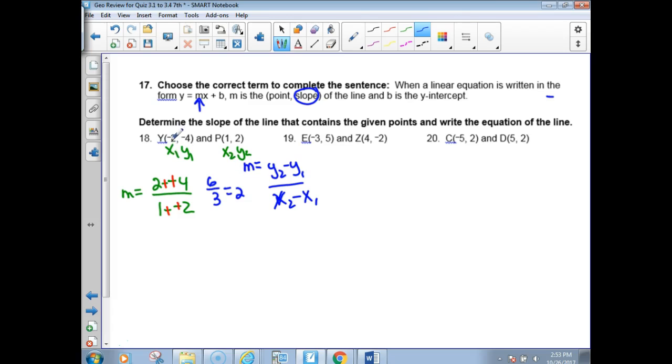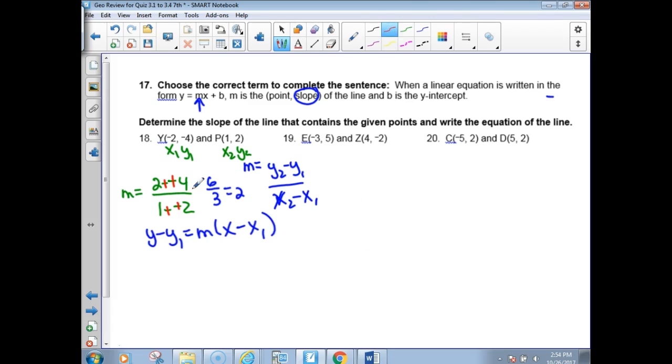You don't have to use this one. You could use that. You see what I'm saying? You just need one point, and it doesn't have to be the x1, y1. It can be the x2, y2 if you want. Because here's what we have to fill in. You have to fill in that point slope formula that you have in your